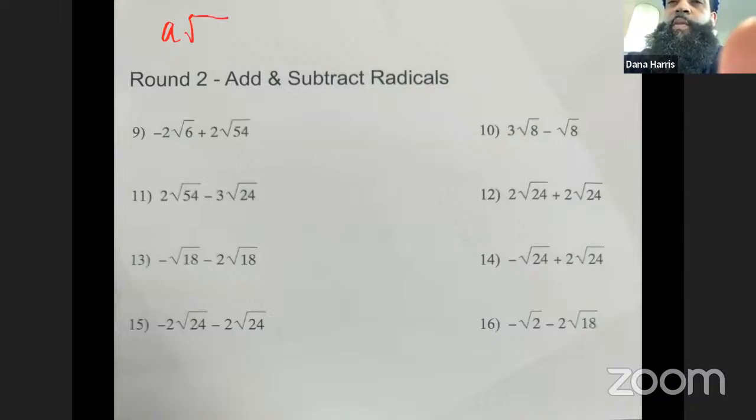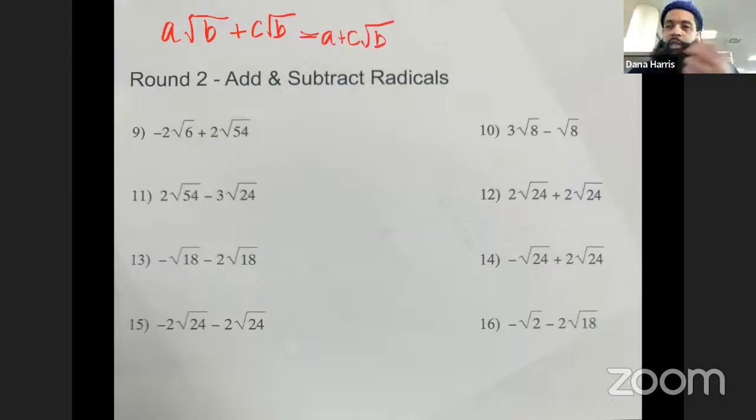So if I have a times the square root of b plus c times the square root of b, then that gives me a plus c times the square root of b. So you can only add or subtract them if the number under the radical is the same. Meaning this part has to be the same in order for you to add or subtract that a and that c. Okay. So in number 9, we're going to have